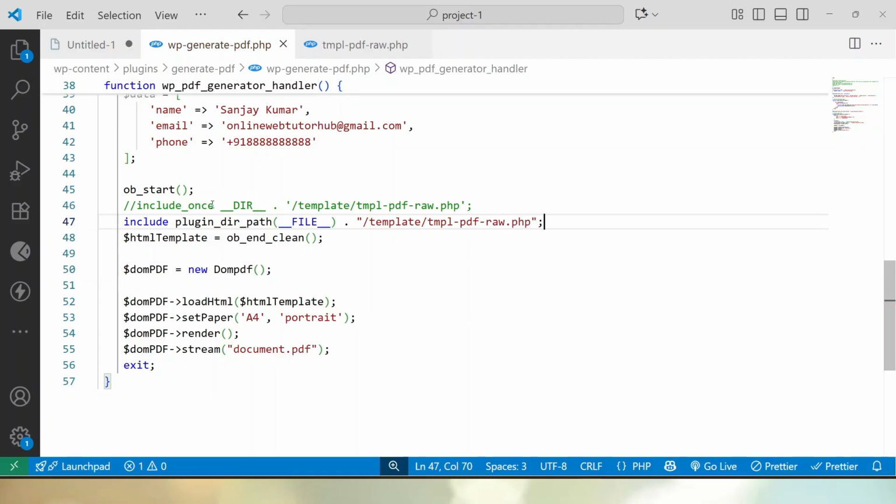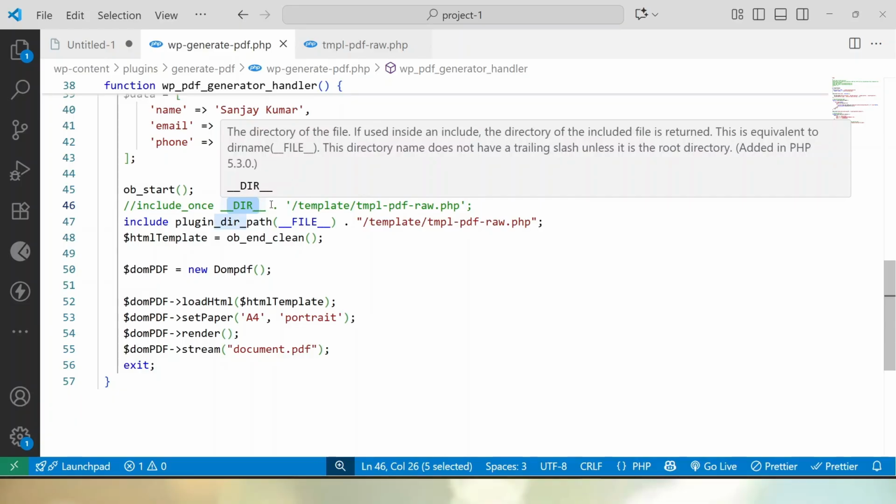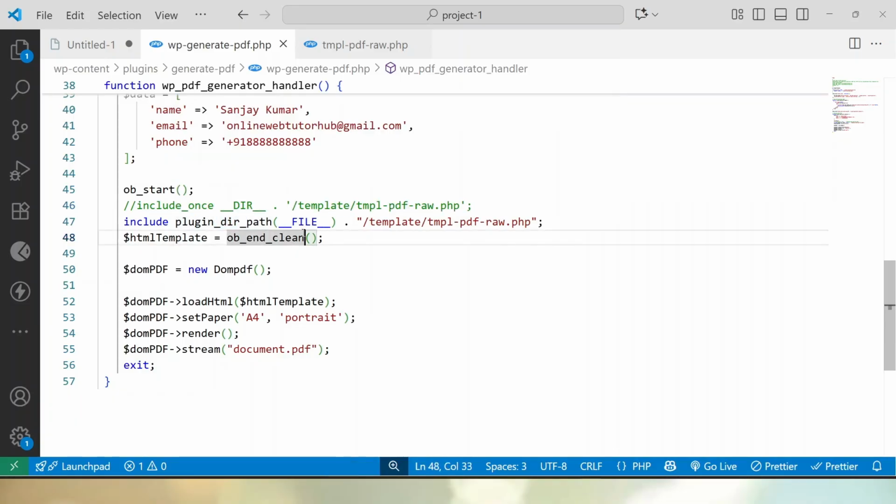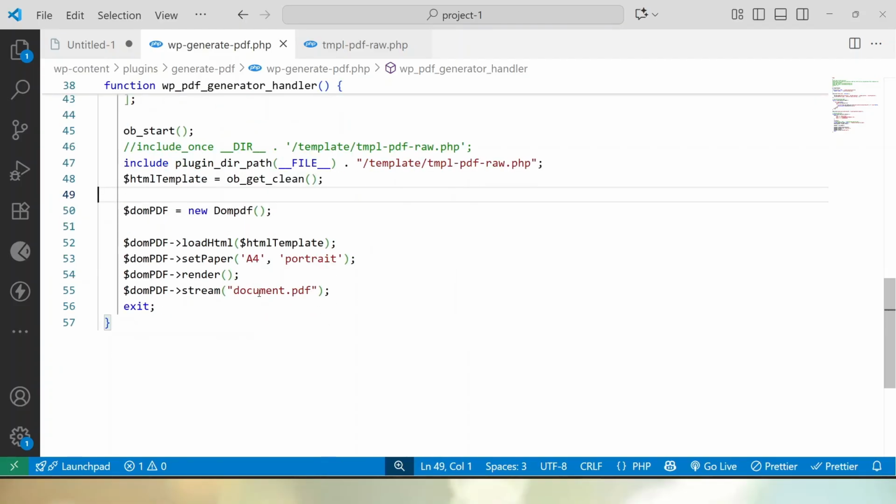So instead of using this dir directly, now safely, we have used one more WordPress function called plugin dir path. And also instead of using ob end clean, it will be ob get clean. Now everything looks good. Let's remove this stream method from here, and I will make use of